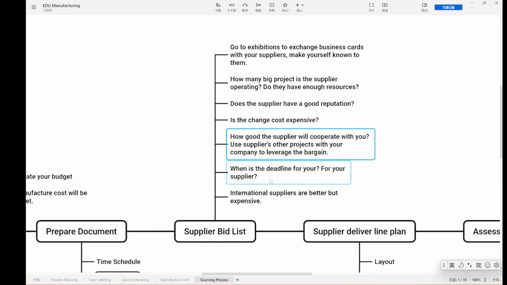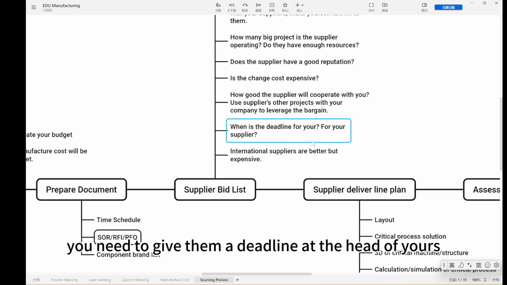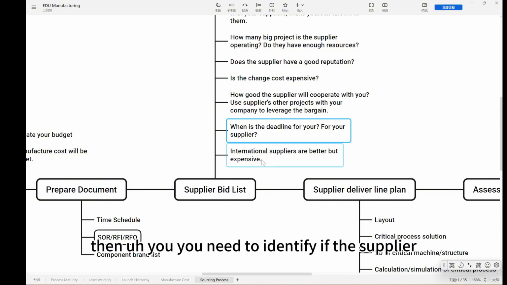And this will be not only commercial, but also technical, in terms of the project. Then you need to know when your deadline is and when your supplier's deadline is. You need to give them a deadline ahead of yours. That must be clarified. Then you need to identify if the